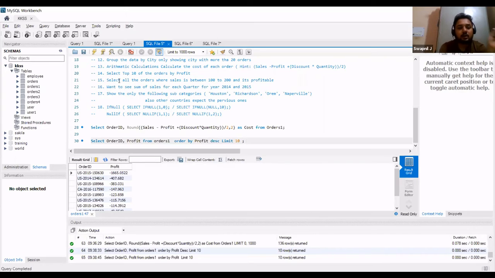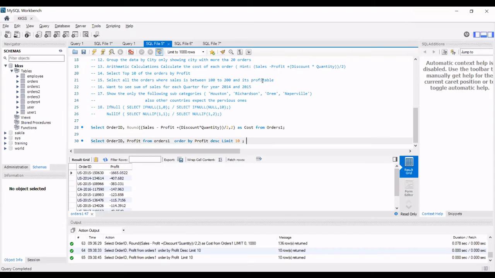Okay, now let's move to the other. Select all the orders where the sales is between 100 to 200, and it's profitable. Basically, I want those orders whose sales is between 100 to 200 but have a positive profit.